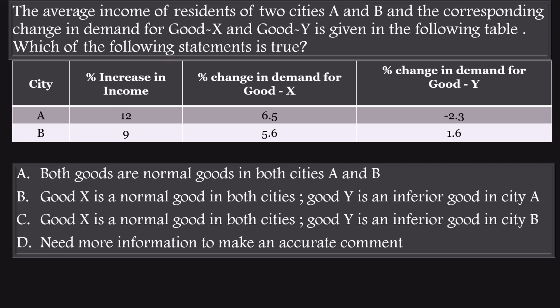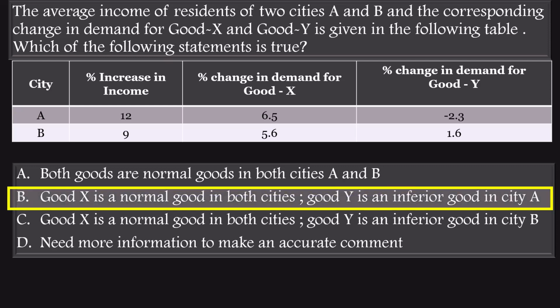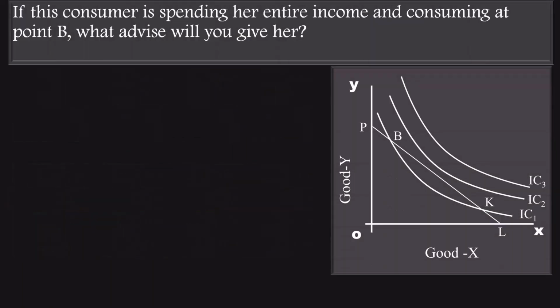So, good X and Y are normal goods in city B. Option B must be your choice. Fifth question. If this consumer is spending her entire income on consuming at point B, what advice will you give